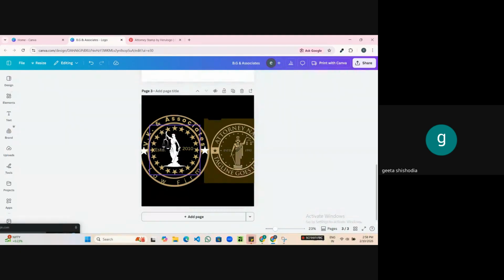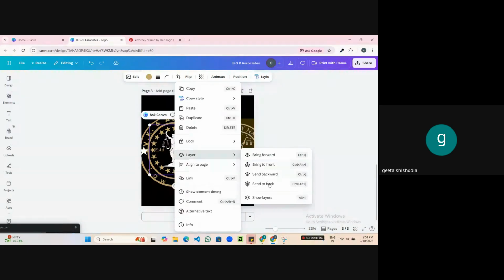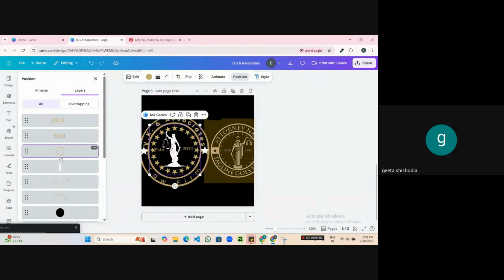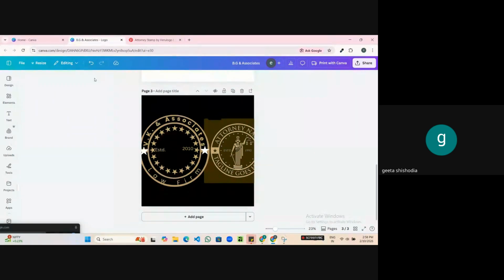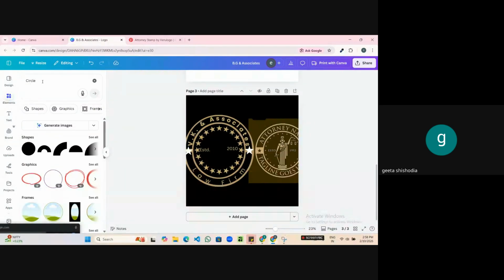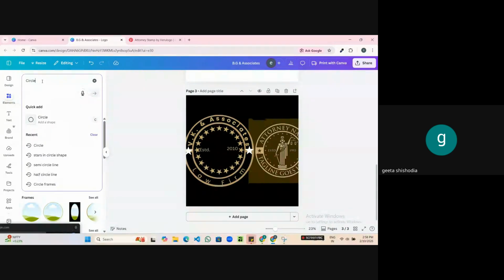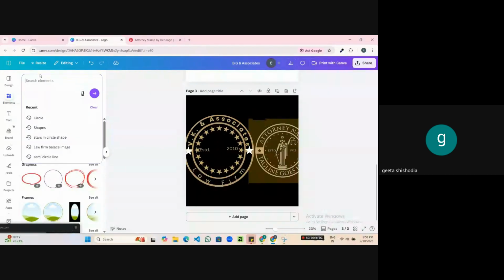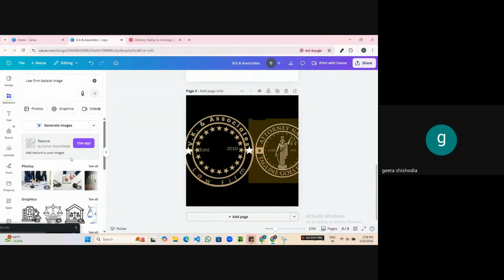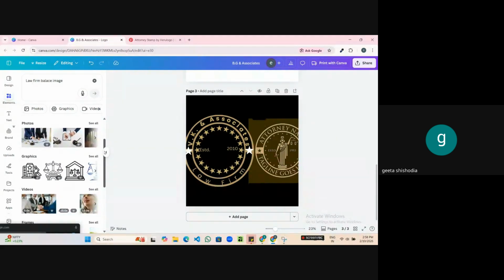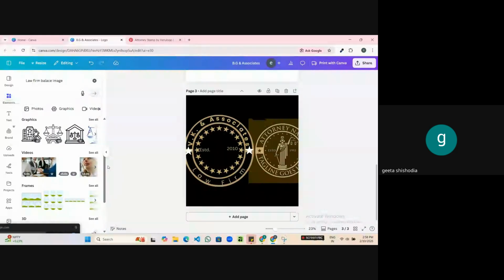Okay. And if you are still not happy with it, you can always delete this image. First of all, show all layers, click this one and delete it. Or you can delete it and then choose the right image. Okay, what do I want to search? I want to search law firm balance image. Law firm balance image means the balance which is used in the law, court of law,